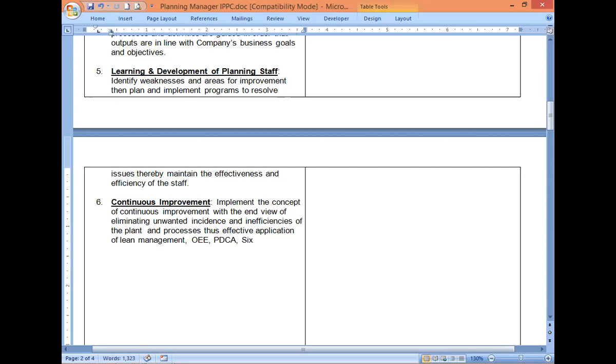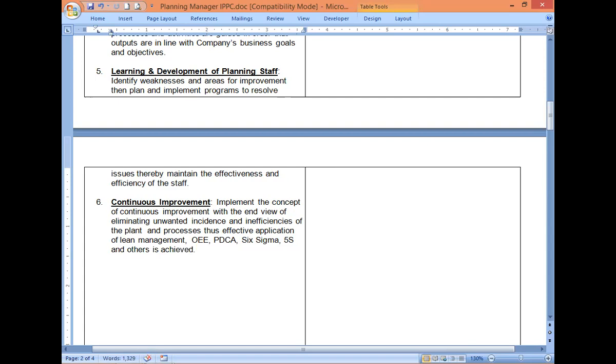Then Six Sigma. If you are working in manufacturing companies, big manufacturing companies, I would suggest that you take this up. It's a very good system in quality management and others. Let's just say others. So many others is achieved.